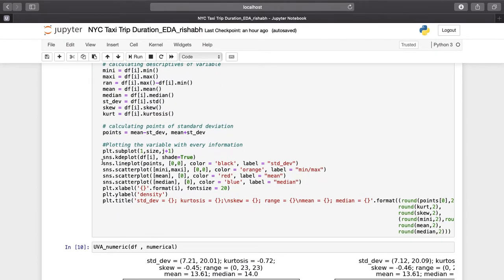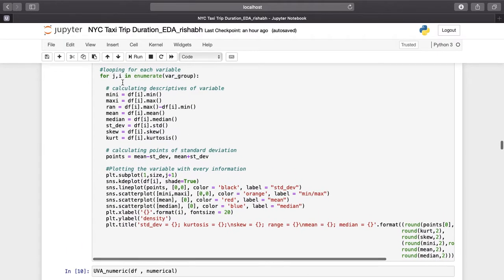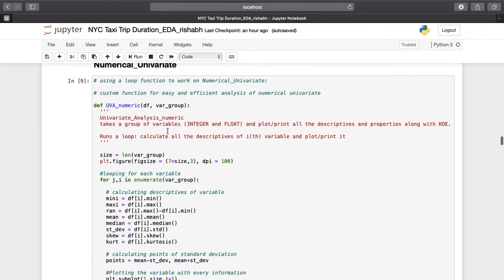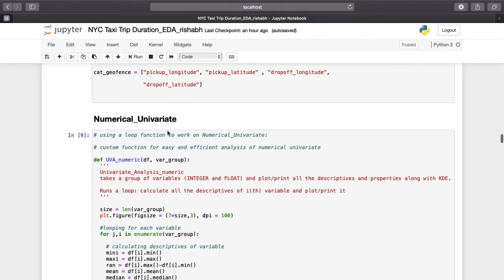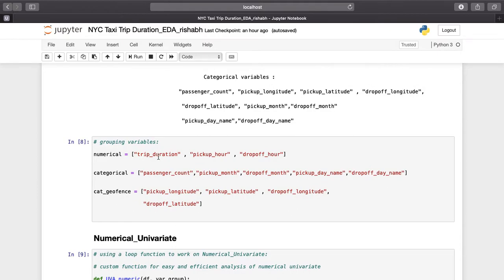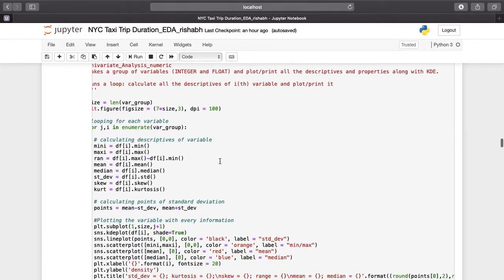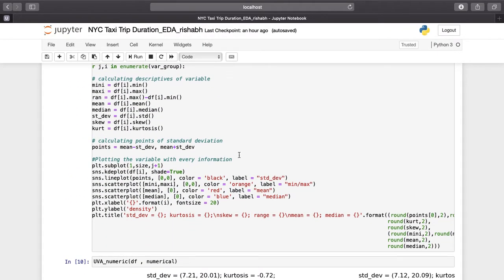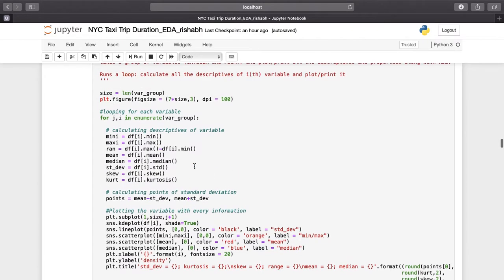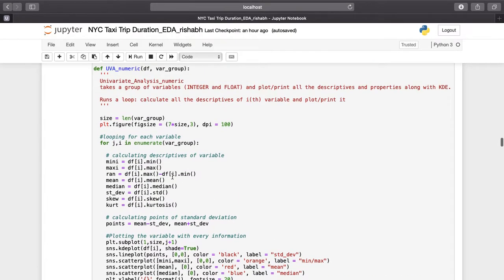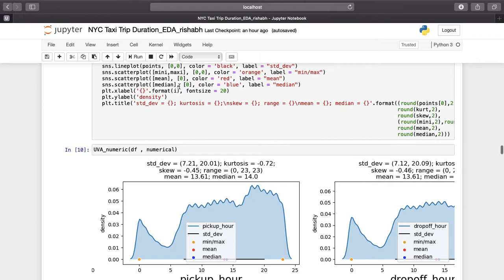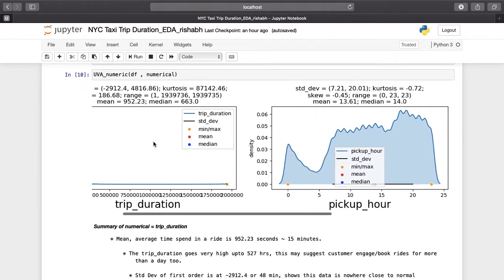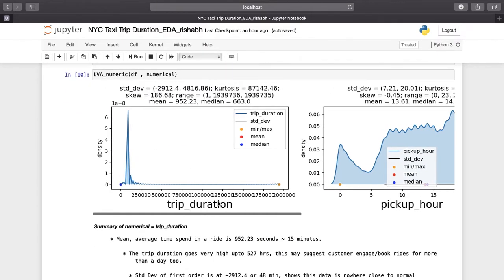Similarly, I can then plot this whole data, which is having a common group. For example, all these three variables can be plotted in a single line by writing this code. This is not tough, but this is understandable. This just has a lot of names in it, otherwise it is easy. So moving on, I plotted the first graph, and the first graph that I plotted was of trip duration.